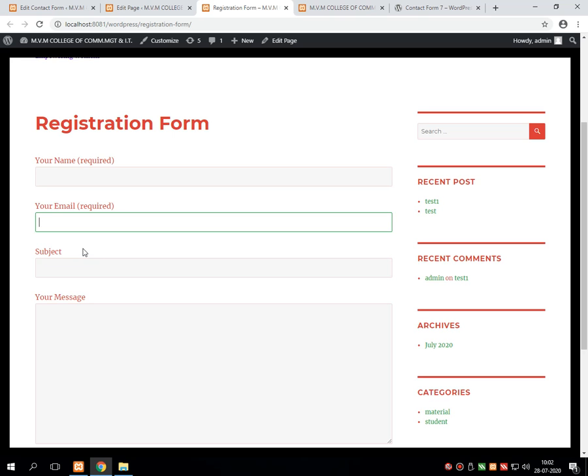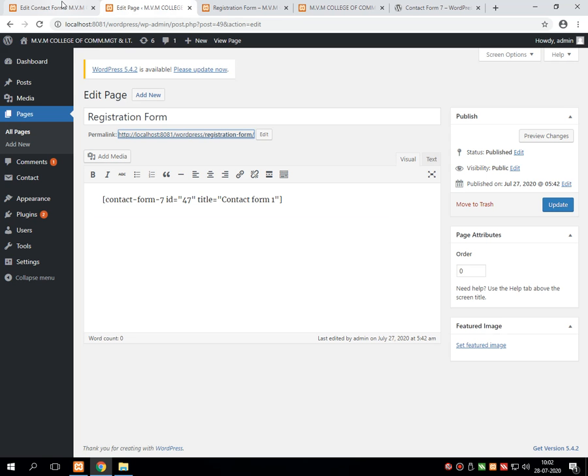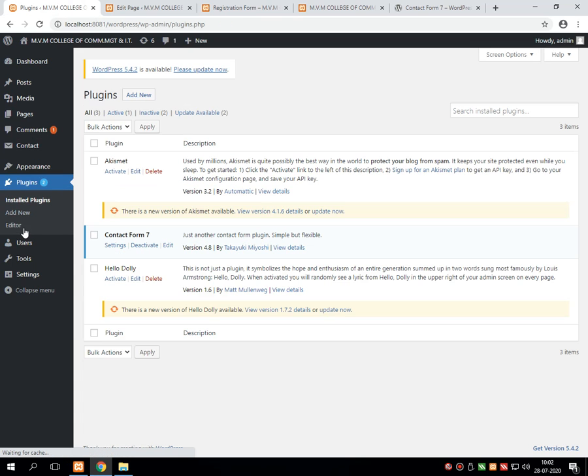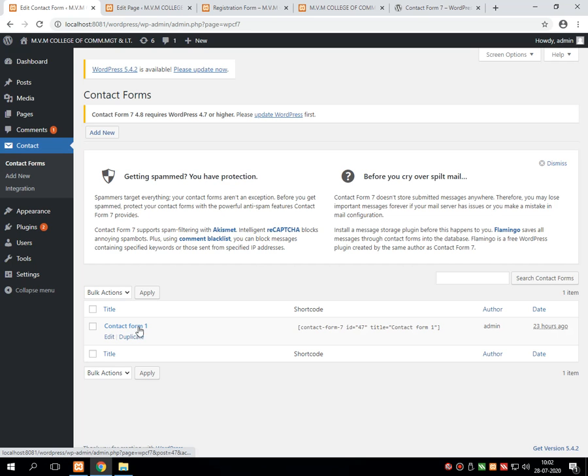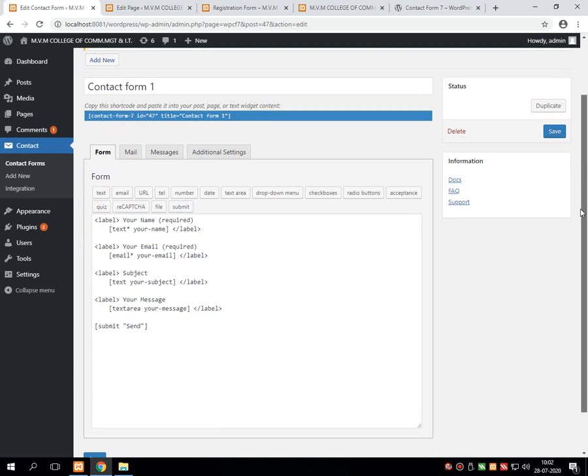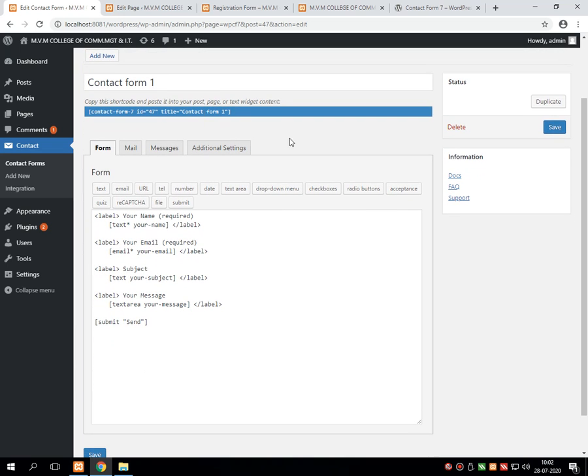These types of questions we are going to solve in this particular section. So try to be concentrated on whatever I speak. So again I am going into the plugin section, and into the plugin I am visiting the settings. Into the settings, this contact form I am using, so I am clicking on edit. Now once you press edit, you will see this type of window on the screen.